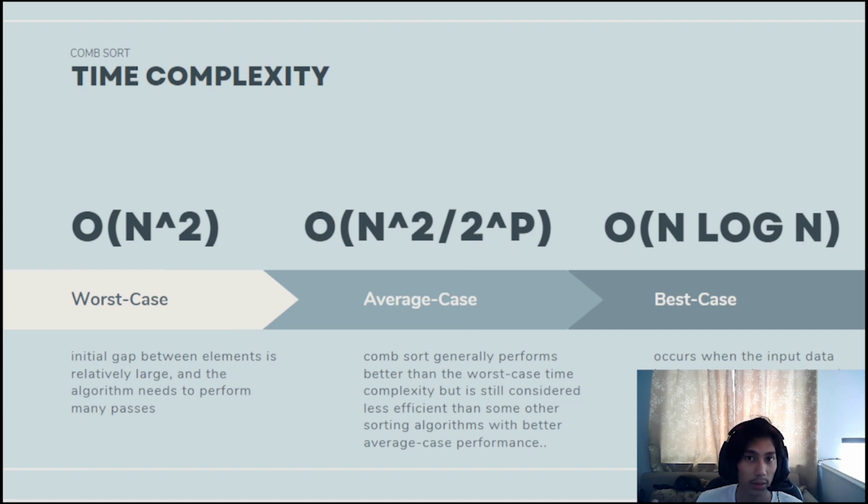It has an average case scenario of O(n squared divided by 2 to the power of p), where p is the number of increments. CombSort generally performs better than the worst case time complexity, but is still considered less efficient than some other sorting algorithms with better average cases. The best case time complexity of the CombSort is O(n log n). This best case scenario occurs when the input data is already nearly sorted and the algorithm doesn't need to perform many swaps and passes. The space complexity